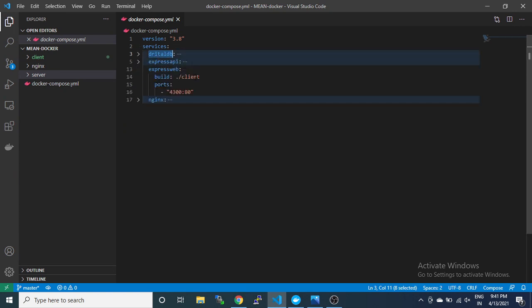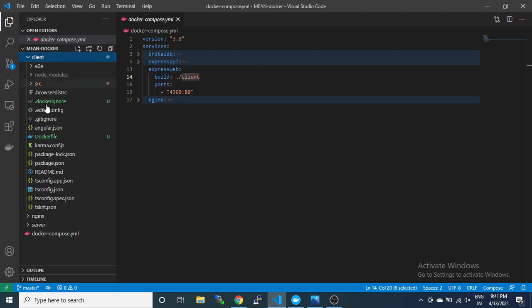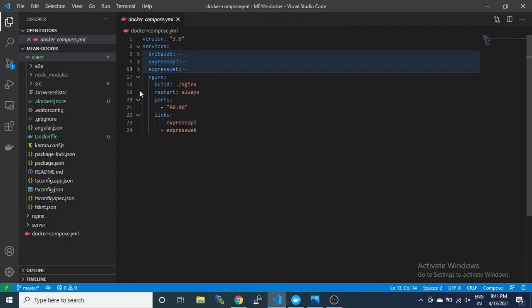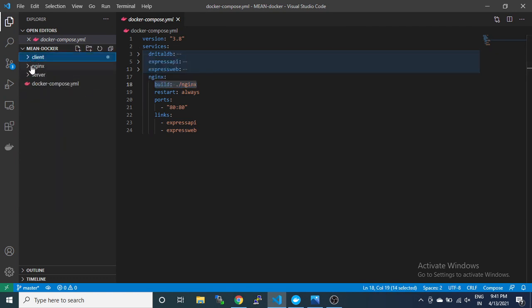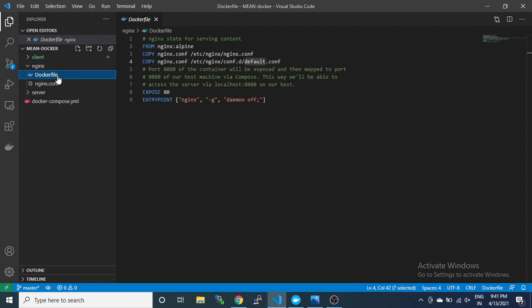Similarly, Express Web will take the build from this one, and the default nginx port inside this one, which I have mentioned, will expose to 80, and we will access it from 4300. Okay, and the nginx build will be taken from here. So in the nginx folder, we have created a Docker file and an nginx configuration file.